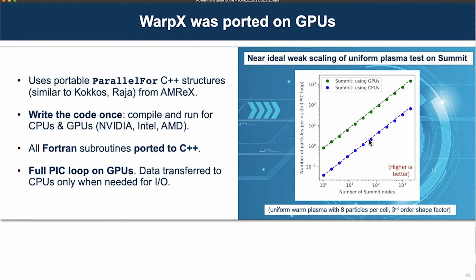What you see on the right is the scaling as a function of the number of nodes on Summit. Each node has 6 GPUs, and I forgot how many CPUs. But anyway, you see that it has very good scaling for both, which means close to linear scaling. You see the ideal scaling in green and blue here. This is for a uniform plasma test, as often done for this type of scaling, a warm plasma. And you see that if we use only the CPUs,